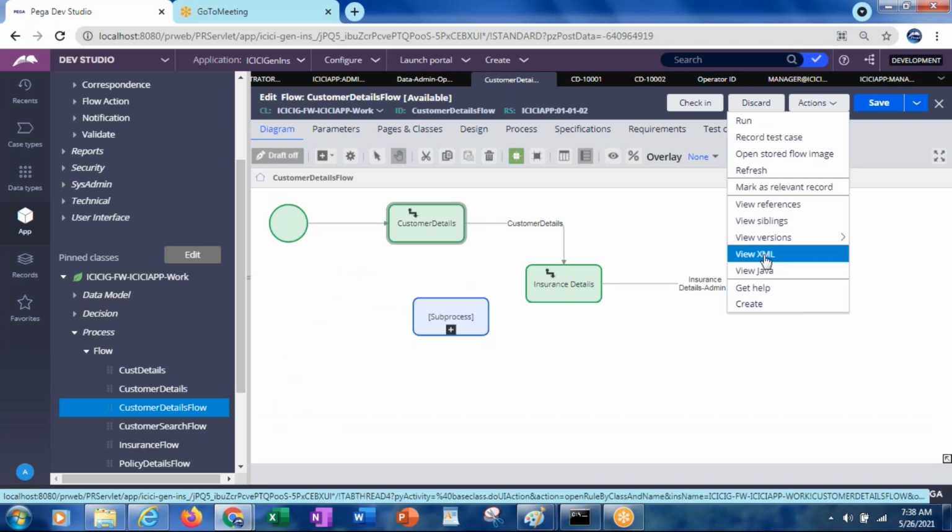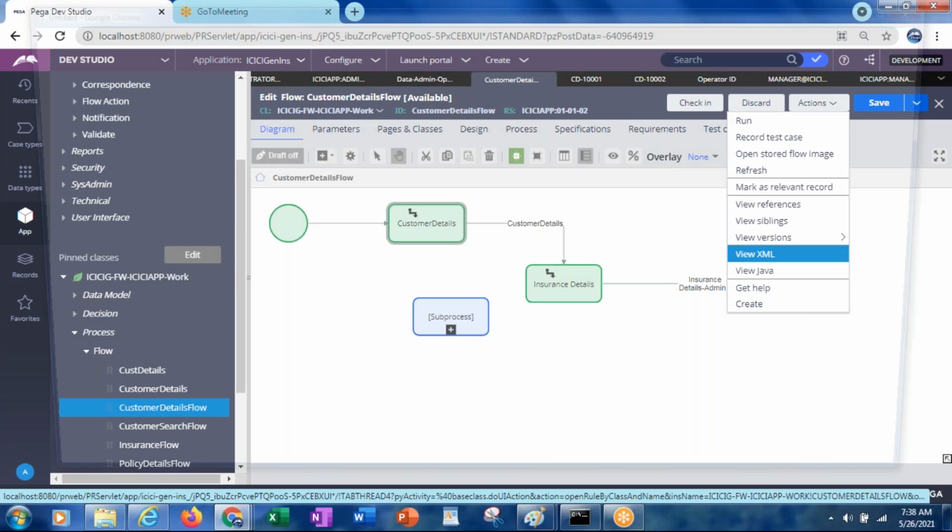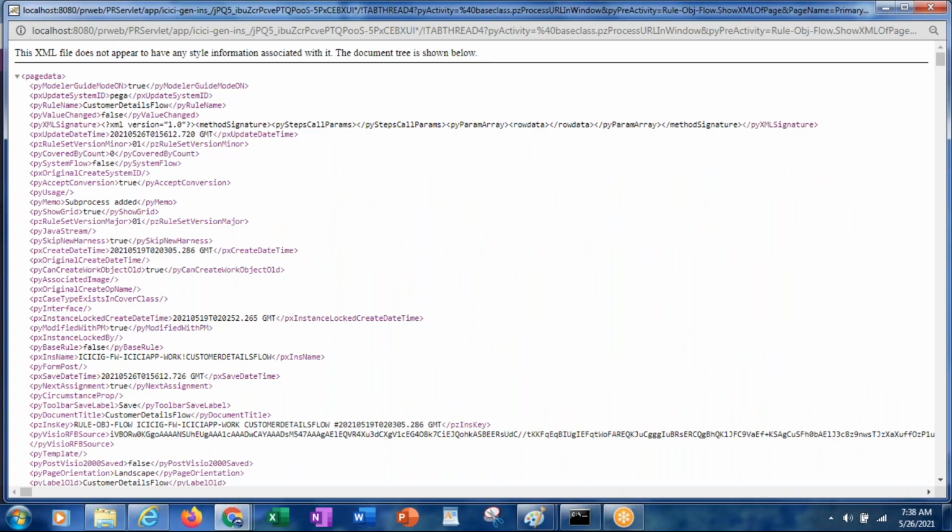Even if you want, you can see View XML or View Java, and in that you can see what exactly this belongs to. So here, in this View XML, you see the PJ NSP. If you see rule obj flow, this is a rule instance, an instance of the rule class.